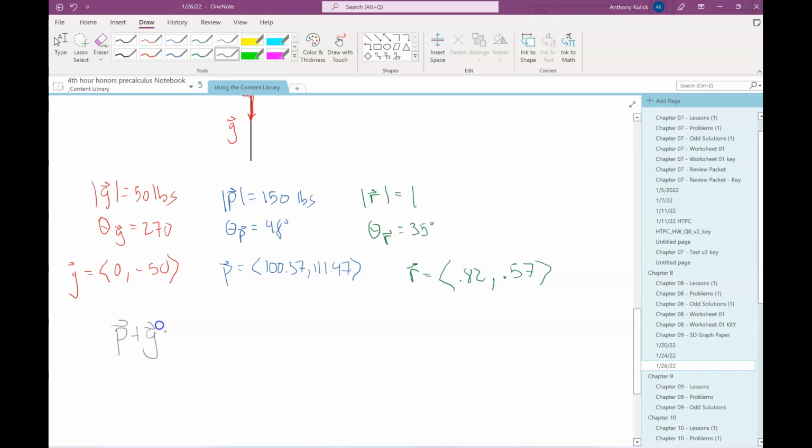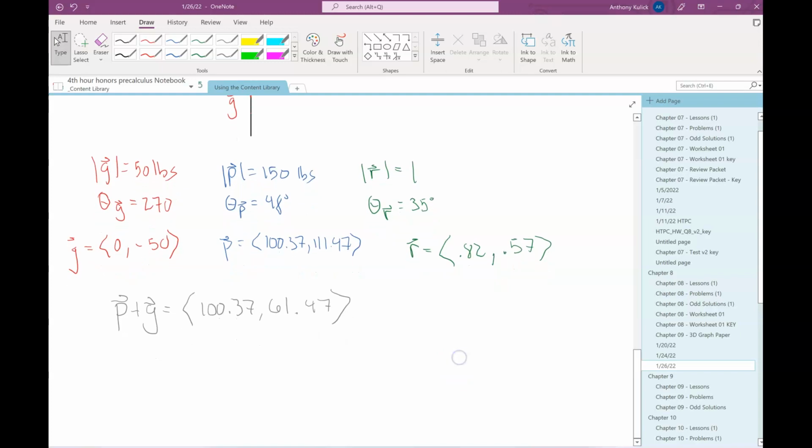So P plus G, I guess I could have written that as G plus P. It doesn't really matter. Adding the two vectors, that's easy to do since the numbers are really convenient. And now what I want is the magnitude of the projection of P plus G